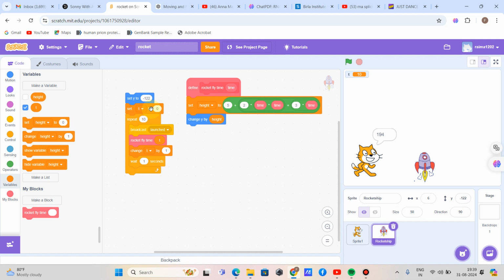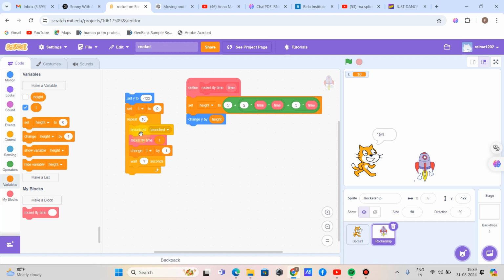Then the cat is not saying the other heights till 10 seconds. So I have put the broadcast block in the loop itself, so that every second the cat understands that it has to measure the height and tell it to us.